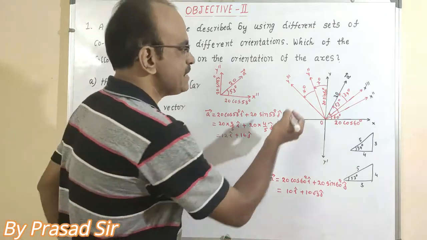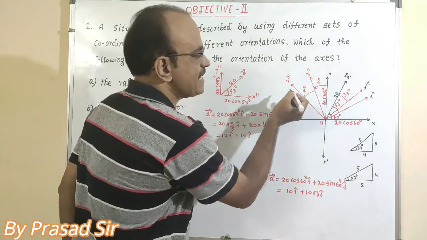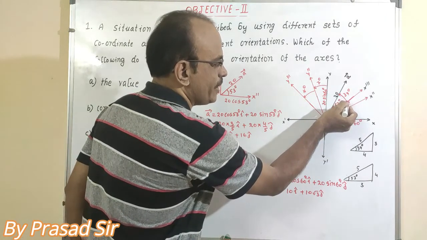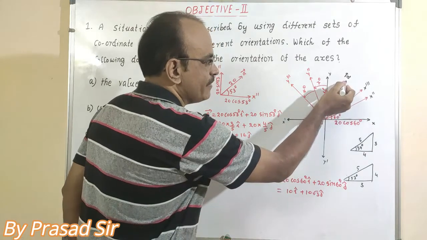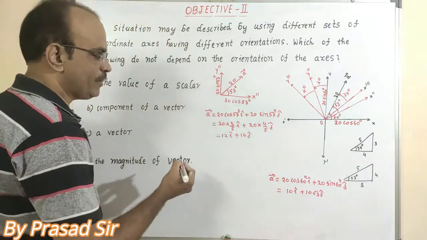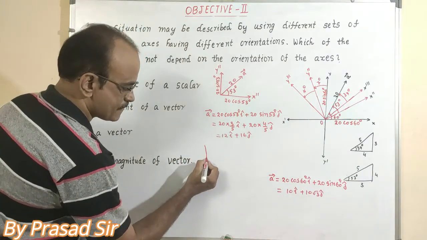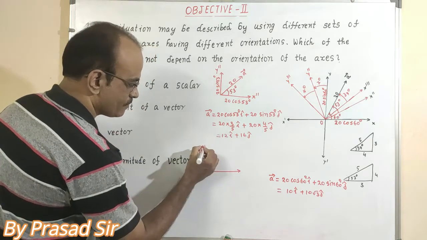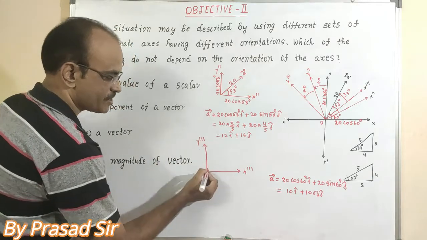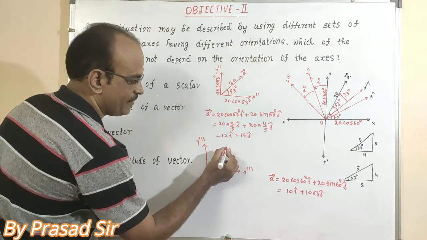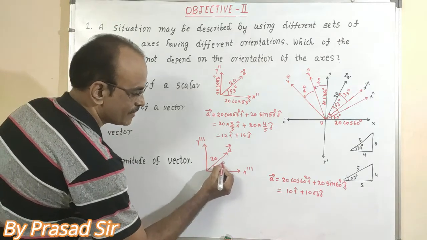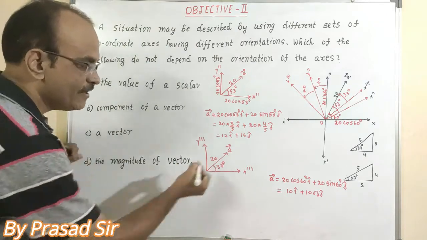Now afterwards what happens here? Further it is rotated through 16 degrees. That means this vector is also rotating up to here. Then the angle the vector makes with the x-axis is now 37 degrees. Again I want to write the components here. This is x triple dash, y triple dash. Now this is the vector A, which has magnitude 20 and makes an angle of 37 degrees. Now I want to write the vector for this one.